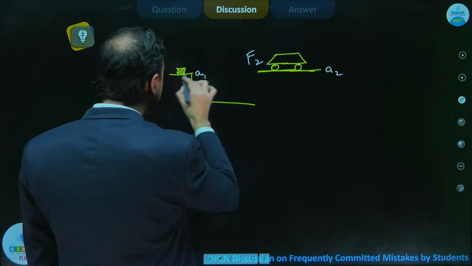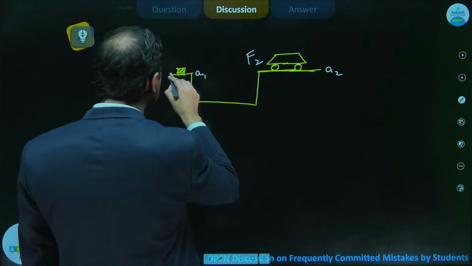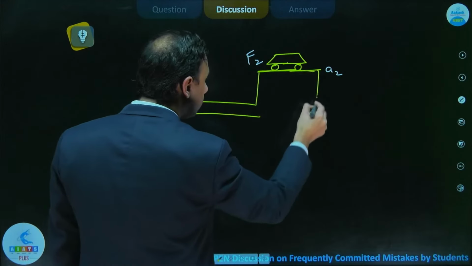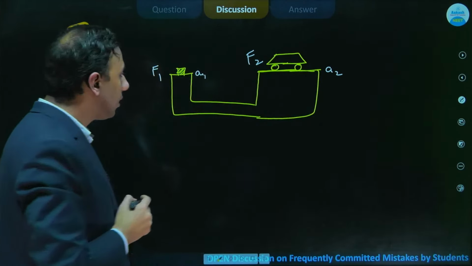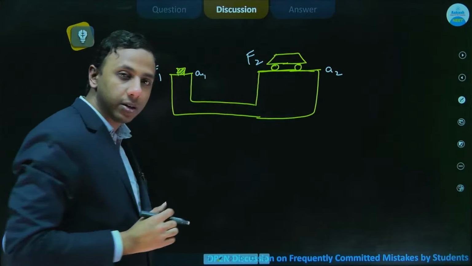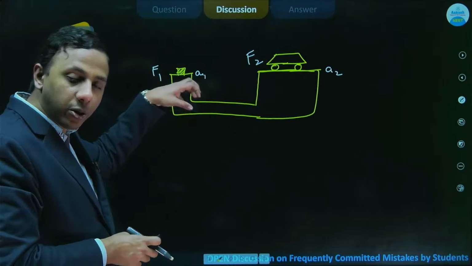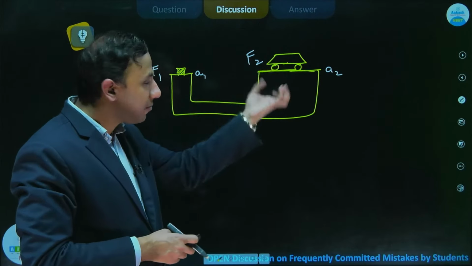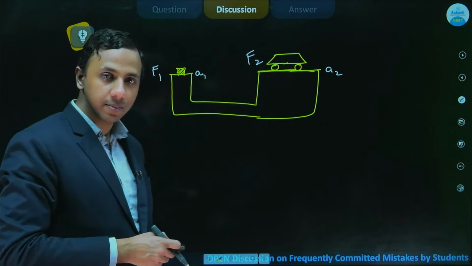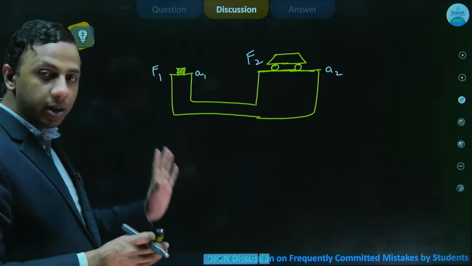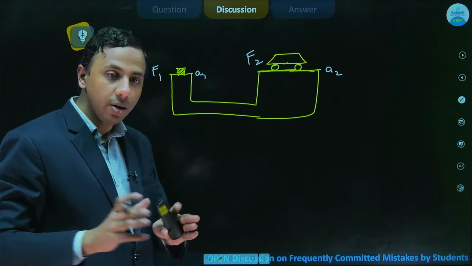So let's say something like this. And here obviously fluid is filled. So with this, when you place a small weight on the small area, you can lift heavy weights on that large area. Alright, so what we are going to do is, simple, use Pascal's law,